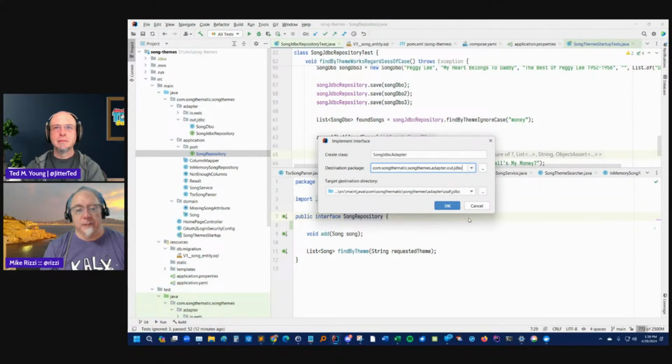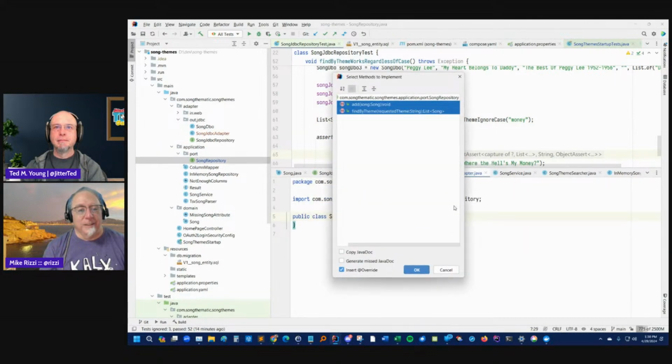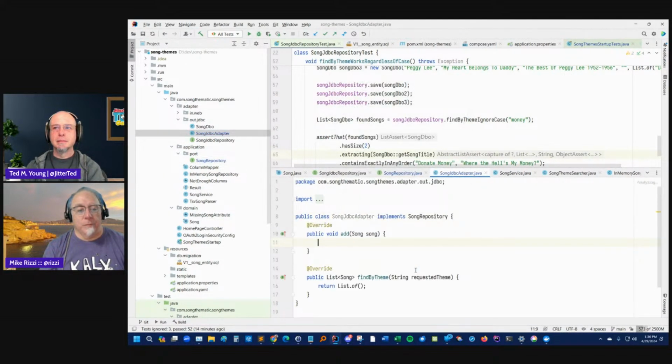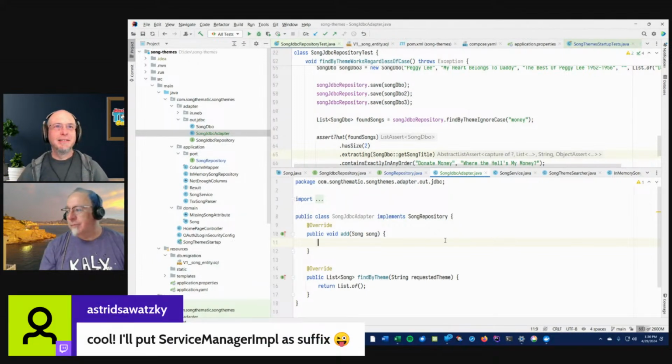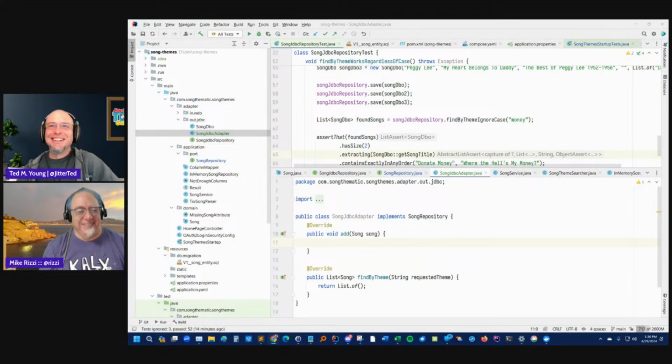And that's not the test section. Good. Yep. Yep. Very funny, Astrid. Yes, all implementations should be service manager impl as the suffix. All right, so